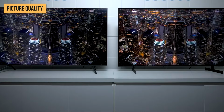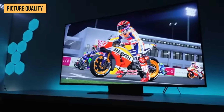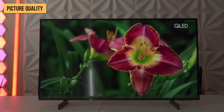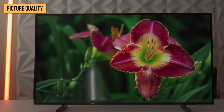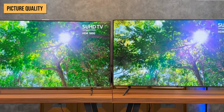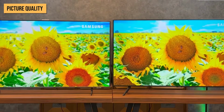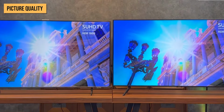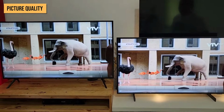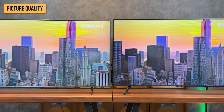Alright, let's kick this comparison off by talking about the most important factor for any TV, the picture quality. That's what really matters at the end of the day, right? Well, when it comes to 4K resolution and overall image performance, the CU7000 and CU8000 are both impressive players, make no mistake about it. With 4 times the resolution of standard HD, everything you watch is sharper, more vivid, and packed with extra detail. But when you put them side by side, the CU8000 does gain a slight edge over